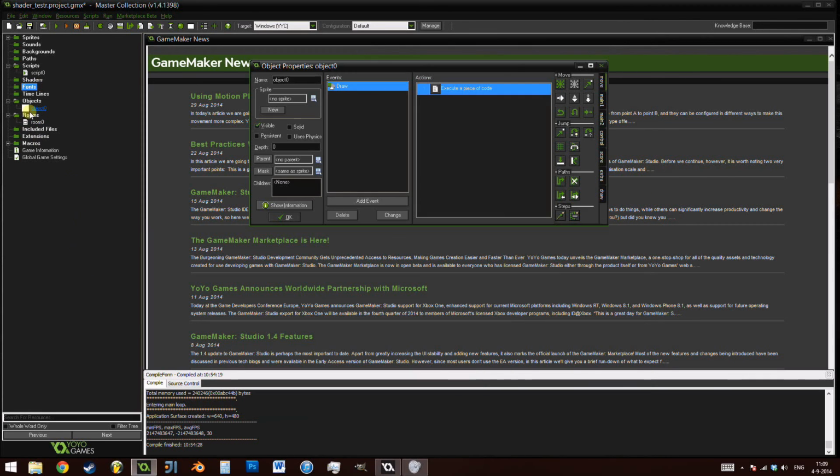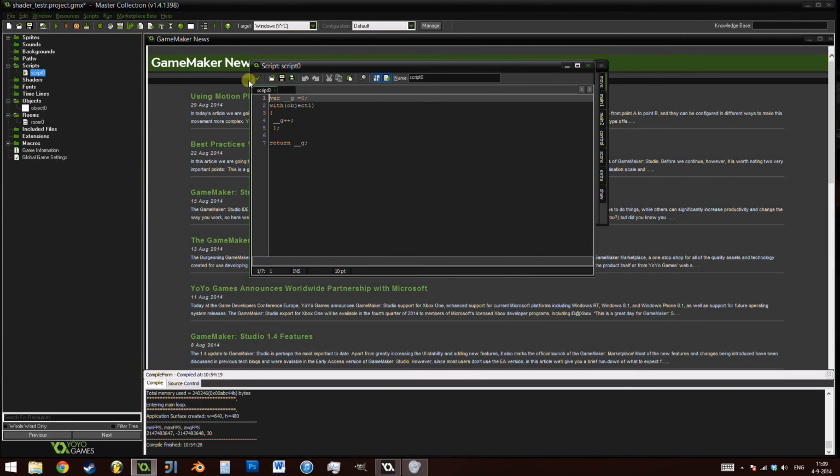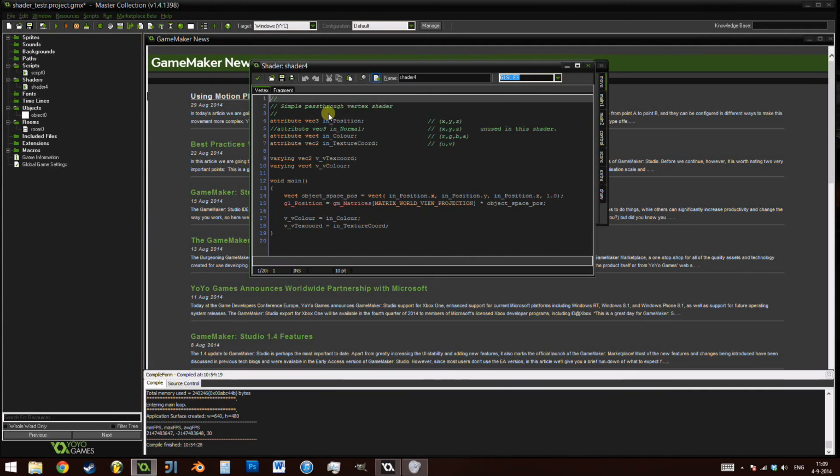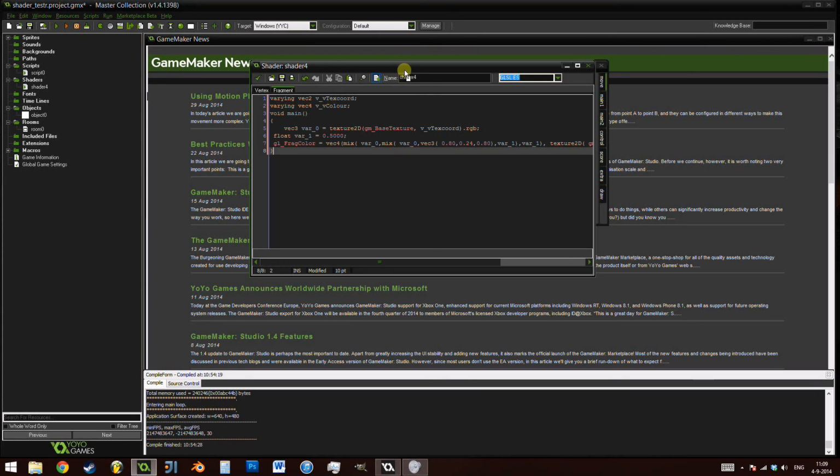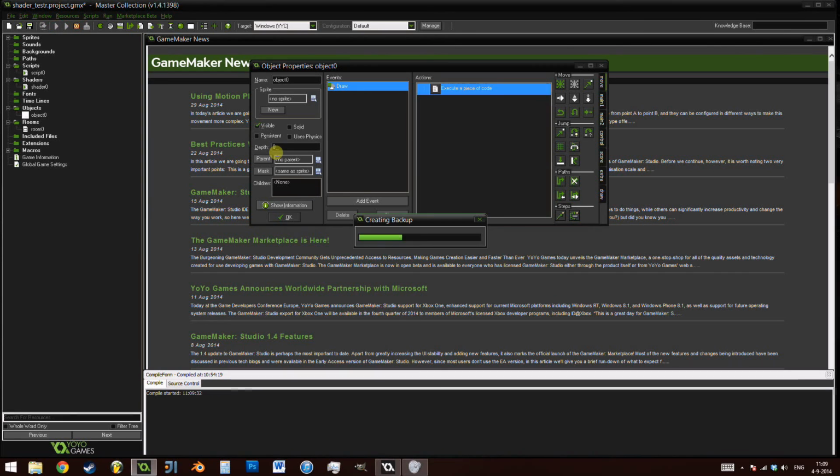So I just copy it here, go to my game, open not a script but a shader, go to the fragment part, paste it in. As you can see, it goes neatly in. Rename this to shader 0 because my project works with shader 0 at the moment. Press play,